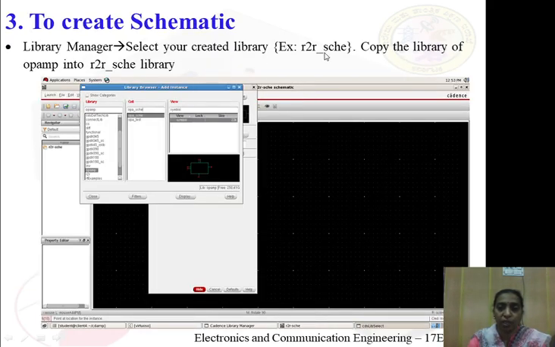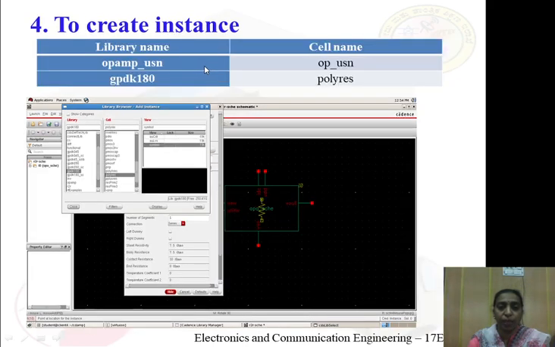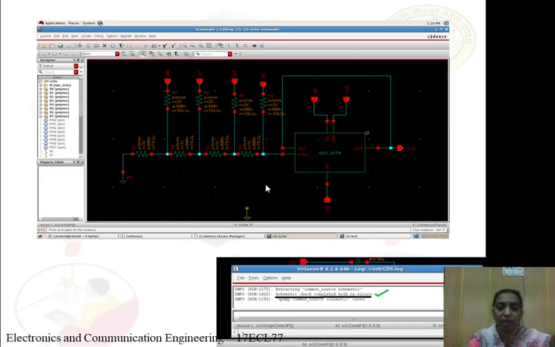For the R-2R library, the op-amp library is copied, and then we add the poly resistor for the R-2R and make the appropriate connections of the R-2R resistor digital to analog converter, adding the series and the parallel combination. VDD and VSS are given, input and output terminals are given, and we check for errors. If any errors are present in the circuit, they will be corrected, and we should get in the console window of the Virtuoso that the schematic check is completed with no errors.